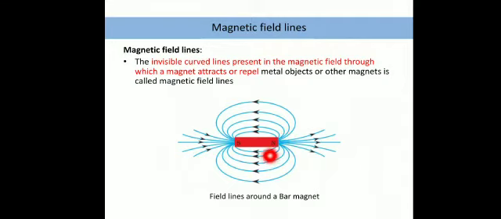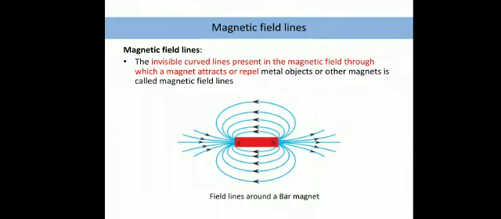But if we place it somewhere here, then it will take a little bit of time. For some time the iron nail will move here and there, and then it will get attracted. So it is going to take some time for the attraction. But if we are keeping something away from all these lines, outside the magnetic field, the region within which a magnet could attract, if we are placing something outside it, the magnet will not attract. Why? Because these lines are there to help a magnet attract something and repel something.